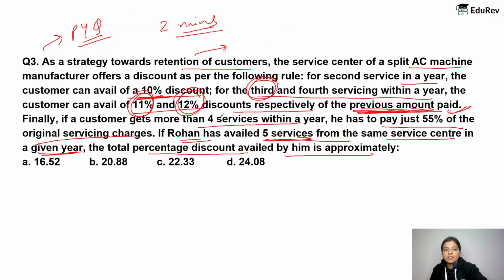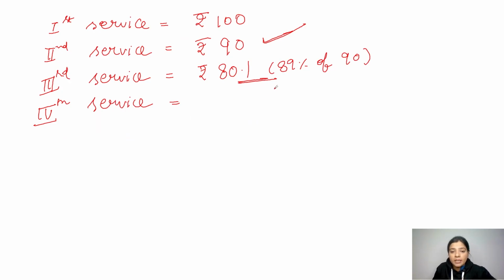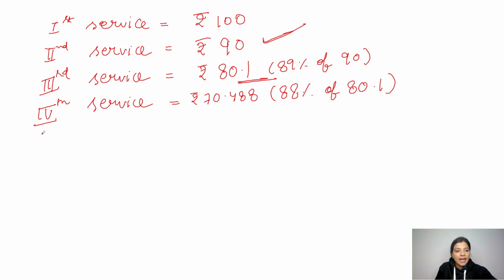So he is going to get this 12% on 80.1. So to calculate the final amount that he has to pay, we can directly calculate 88% of 80.1. So when you solve this, it comes out to be rupees 70.488. And for the fifth service, you know that